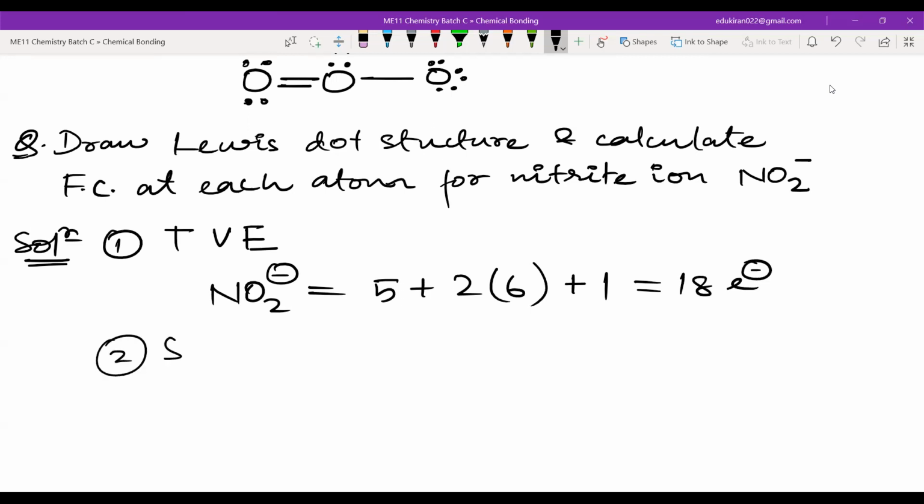Now I have given you the valence electrons. Second is the skeleton. You have to do the skeleton part. Please write this skeleton. Draw the structure and calculate the formal charge at each atom for nitrite. There are 3 atoms: nitrogen, oxygen, oxygen. First of all, all of you will send me in chat the central atom. You have 2 different elements here, nitrogen and oxygen. Which will be the central atom? Please write that in the chat. Okay, Mariam is correct. Yes, Samaira, correct.